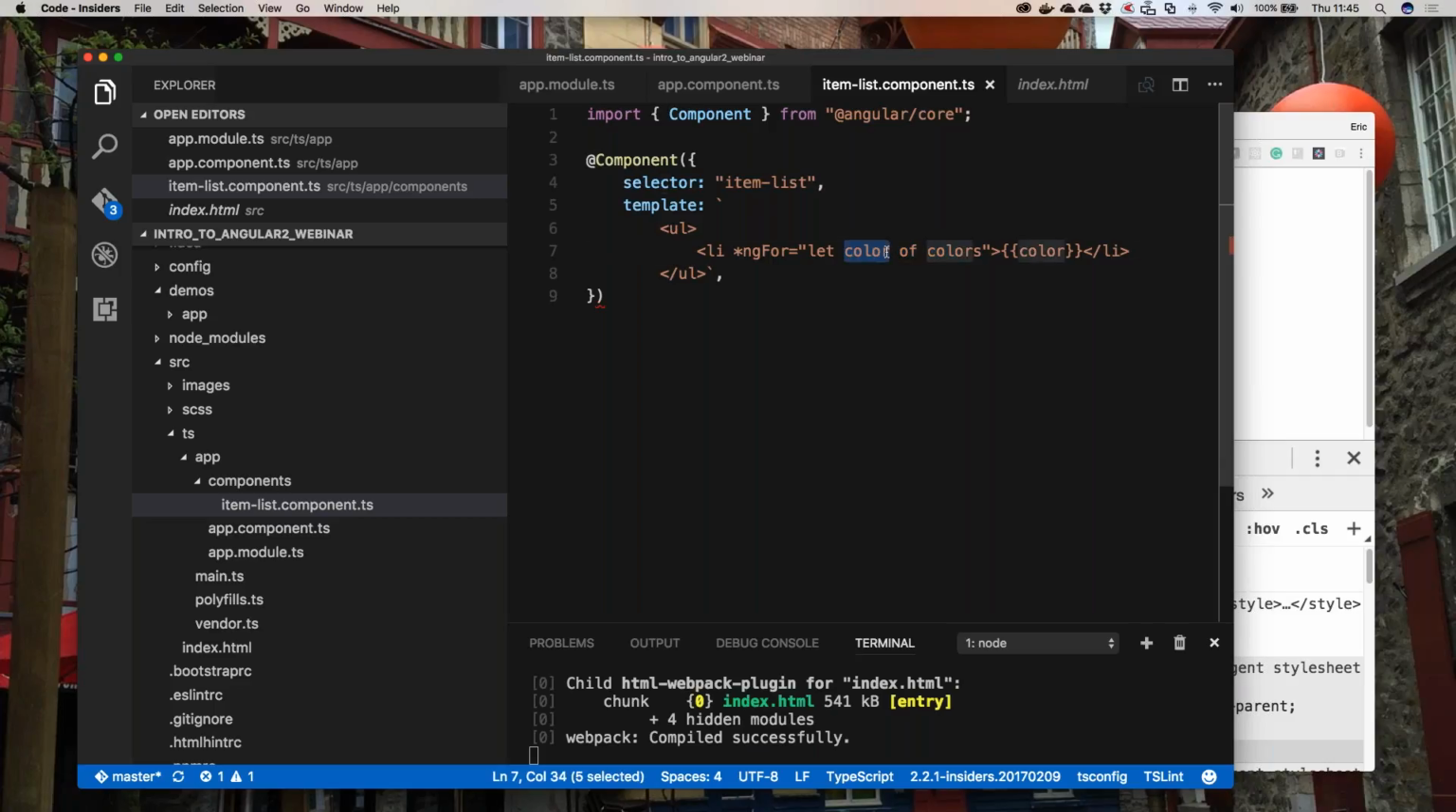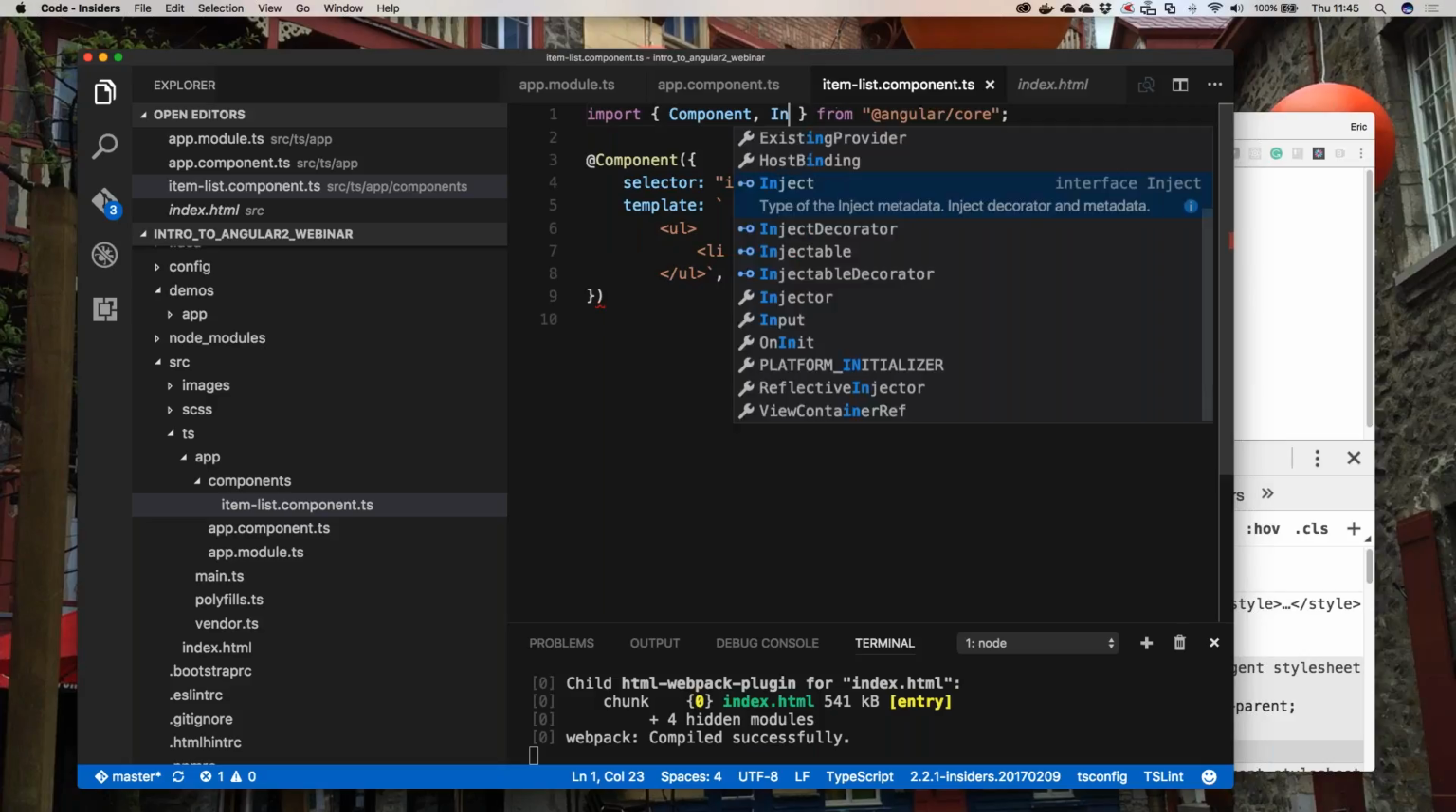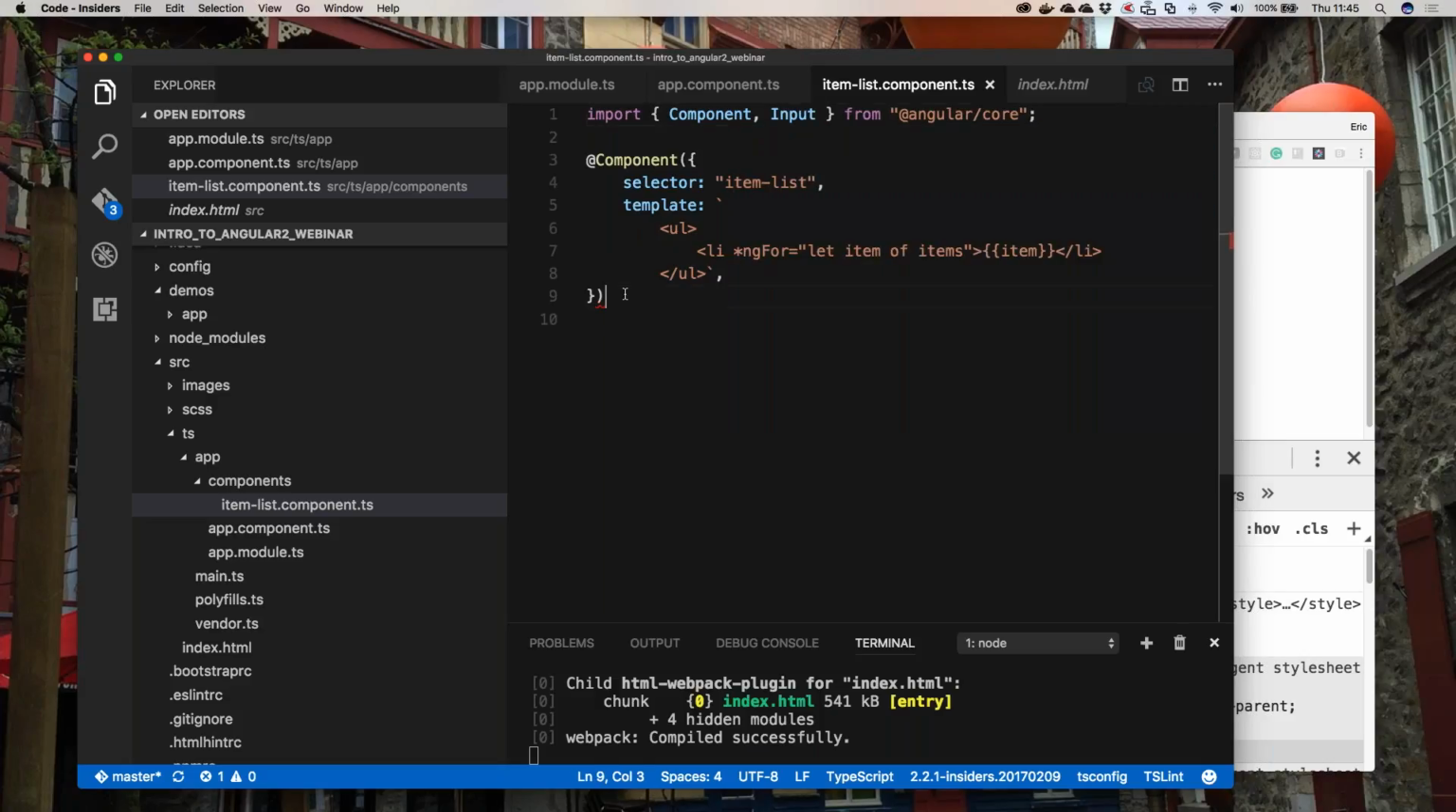So we're going to say let item of items, and then we're simply just going to say item. And so now we have our list. So now let's go ahead and set this thing up so that we can pass some data into it. In order to pass data into it, we're going to need something called the input decorator. This is going to allow us to establish a parameter, if you want to think of it like that, for